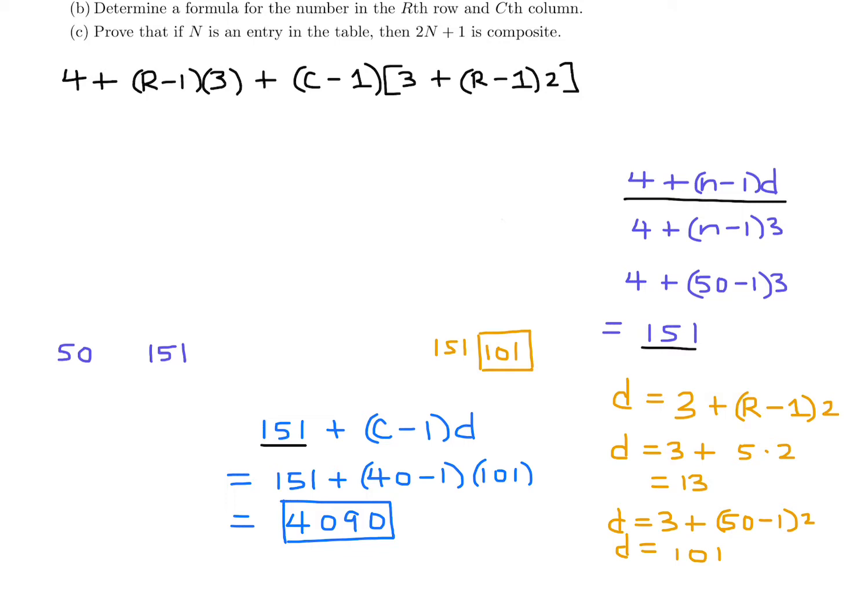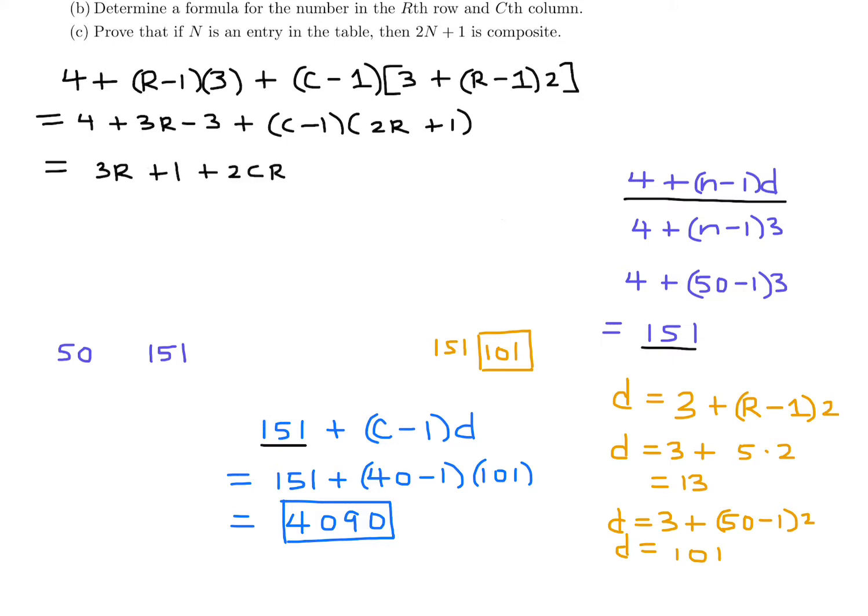I'm assuming they want you to simplify it a little bit. Okay, let's simplify this as much as we can. So this will be 4 plus 3r minus 3 plus c minus 1 times, this is going to be 2r, and then 3 minus 2, so that's going to be plus 1. And then this becomes 3r plus 1. If you expand this, it'll become 2cr plus